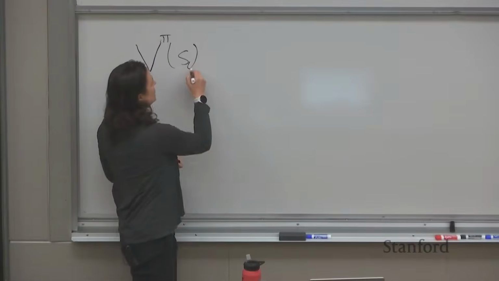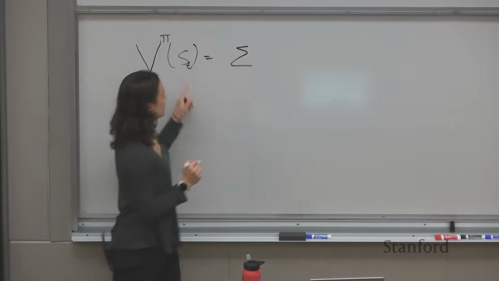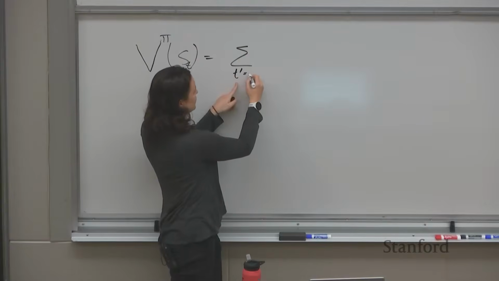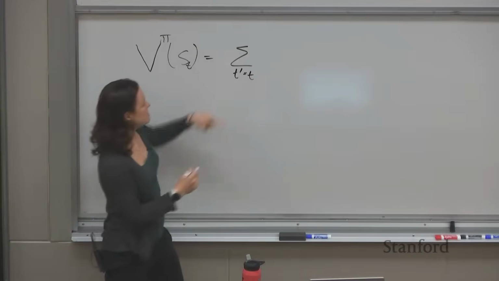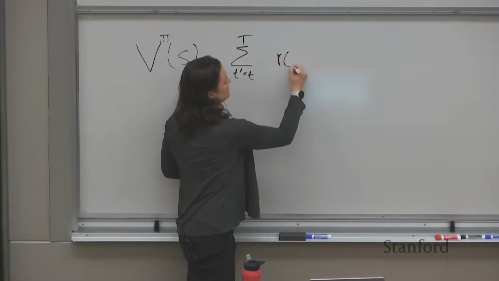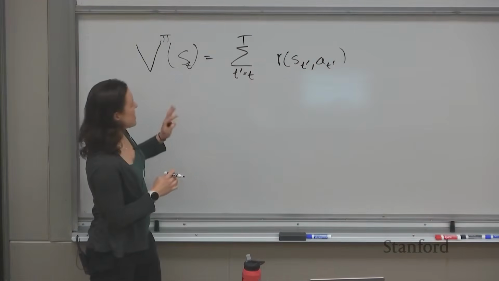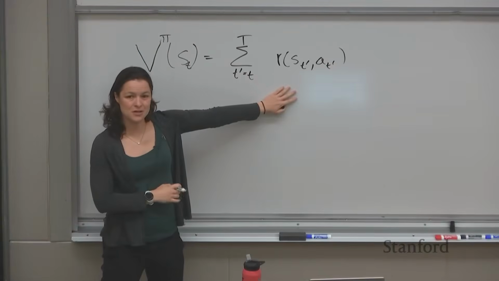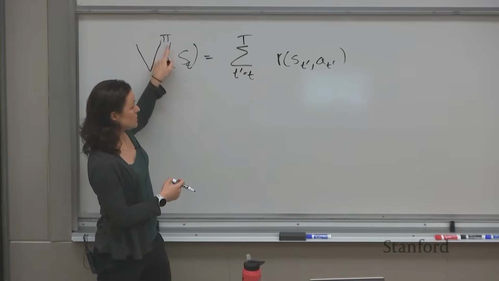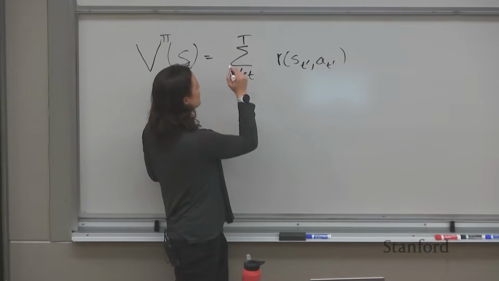And for a given state, this is equal to the sum of rewards if we were to start at state t and go to the end of the trajectory. And here's the sum of rewards. Now, this sum of rewards is going to differ depending on what state we start at and depending on what policy we're running. And so this is going to be an expectation